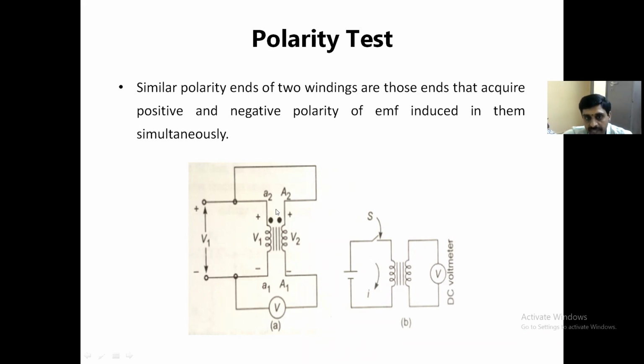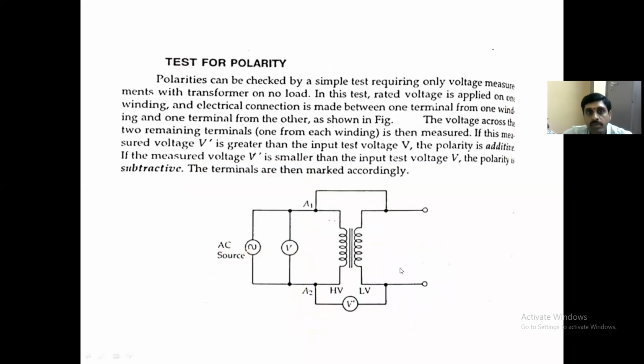If you take a setup here, how is this setup in the transformer? You can see the primary winding is supplied with voltage, and the secondary winding is connected like this with a voltmeter here. So polarities can be checked under these connections. That means if they are the same polarity, the voltage is additive; if you connect different polarities, the voltage is subtractive.